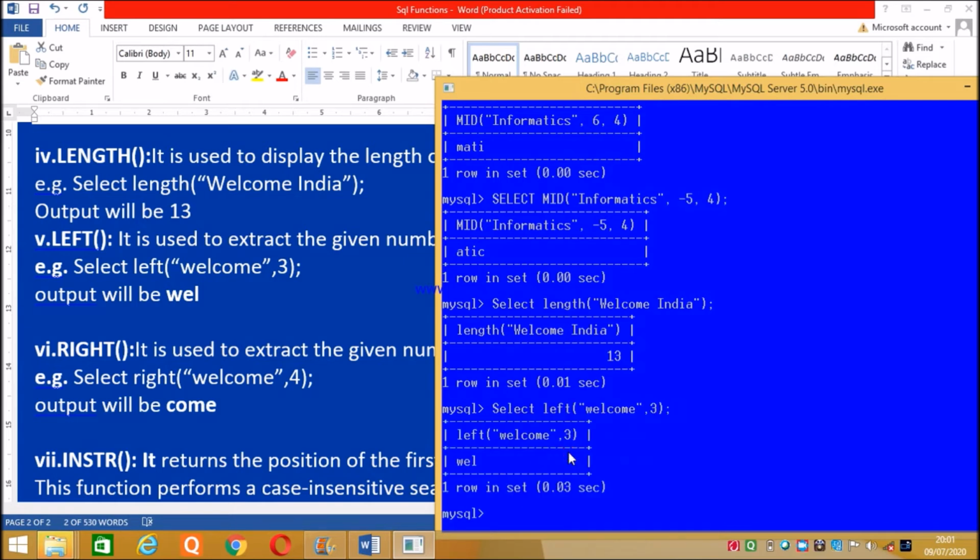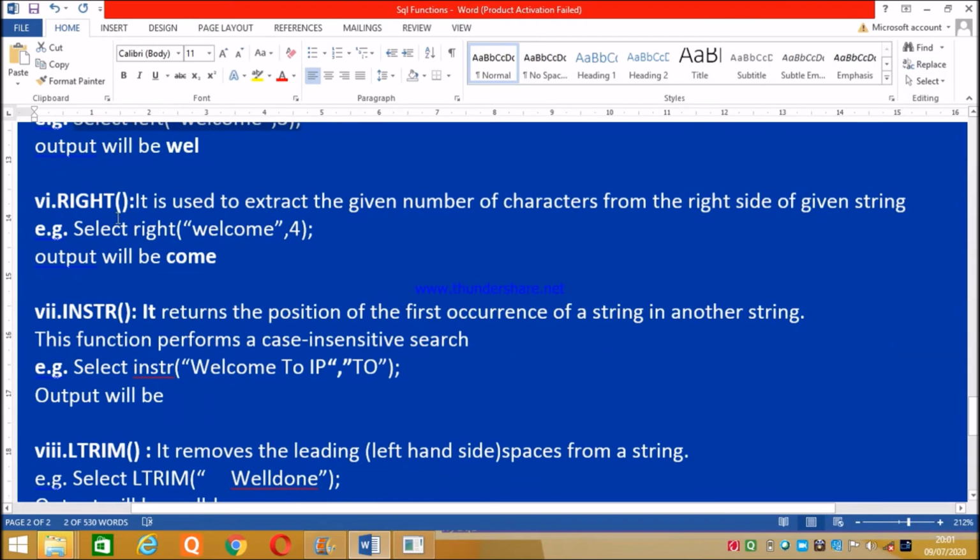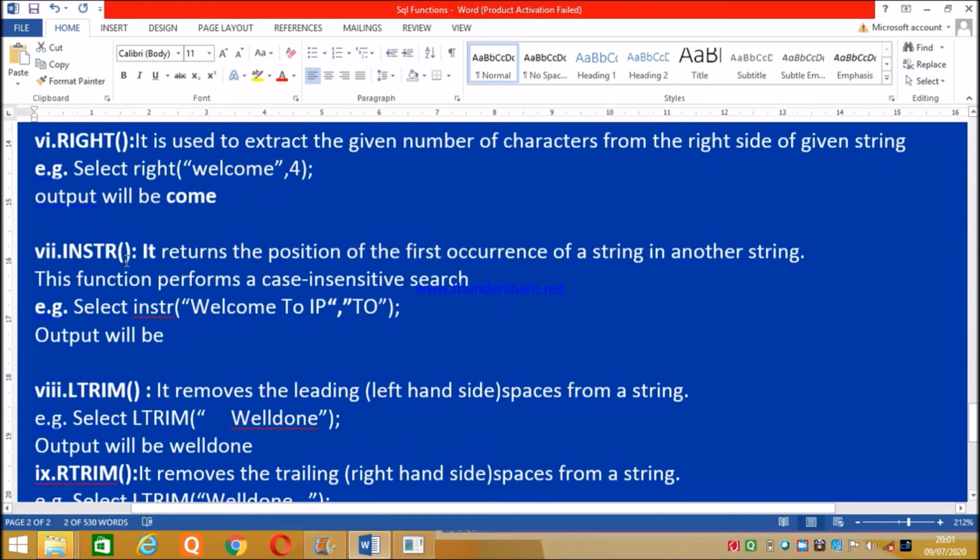Now it will show you the left 3 characters, that is wel is coming here. Now the same command I am doing again, and I will write here right. So it will show you the right 3 characters, that will come here, OME. So now it is clear to us what is the use of the left and right functions.